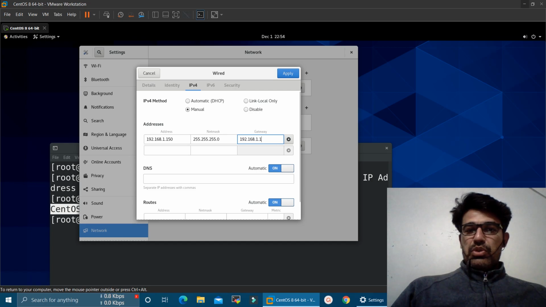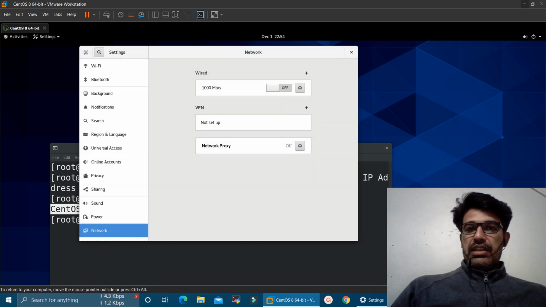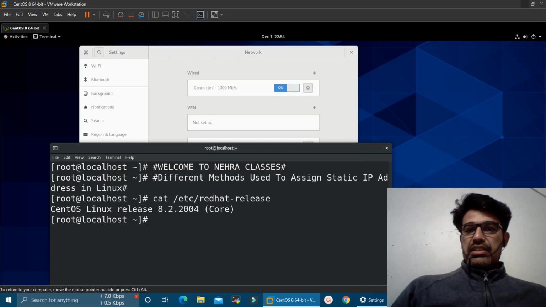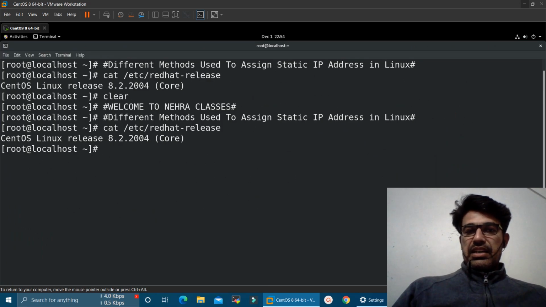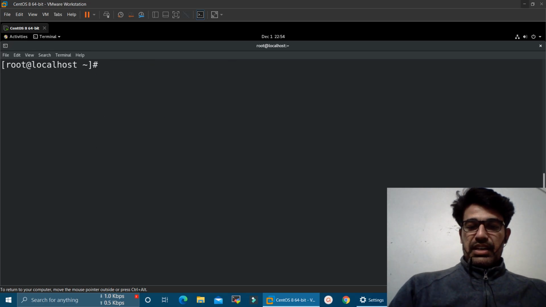And in case we want to assign the DNS manually, here we will disable this automatic option, and we will mention the IP address here of our DNS. I am mentioning the IP address of Google DNS here, and I will click here on apply, and then I will enable this option. So this will enable the IP address. This will set the static IP address in our machine,